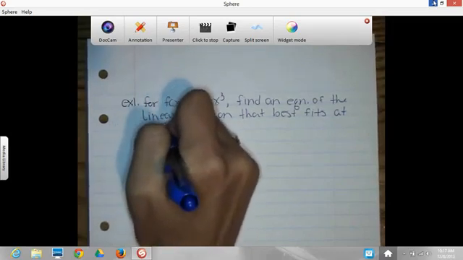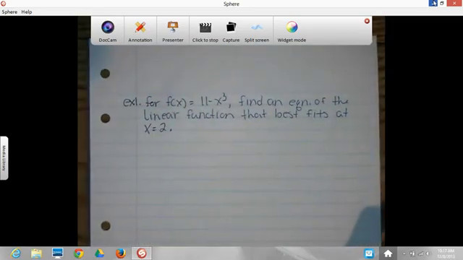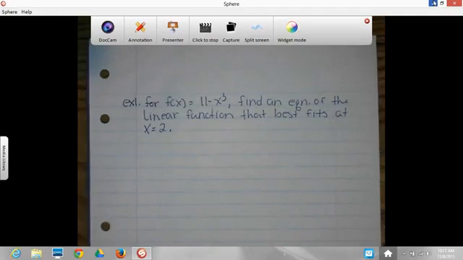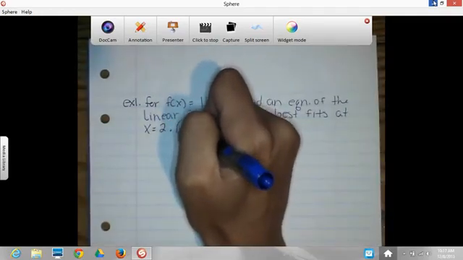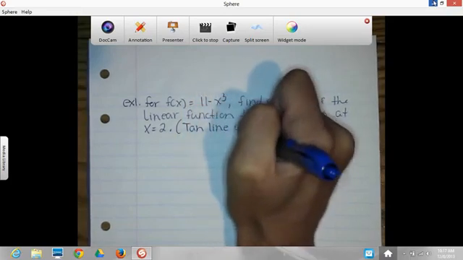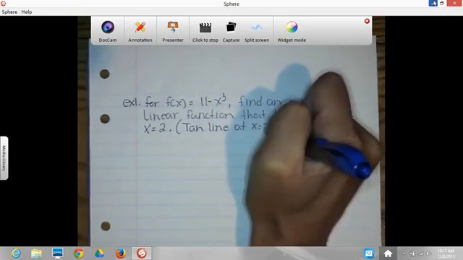I'm going to phrase this just like the book does. Okay, what are they asking you to do there? All they're asking is find the equation of the tangent line at 2. Why do they have to be so complicated? I have no idea. So this is just the tangent line at x equals 2. Once you do that,